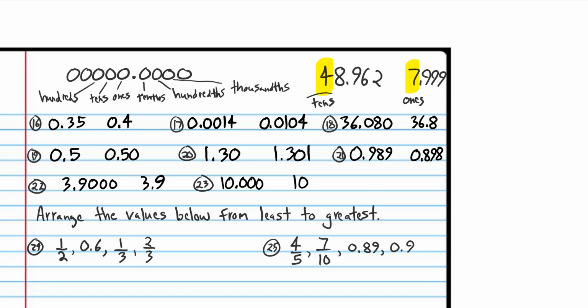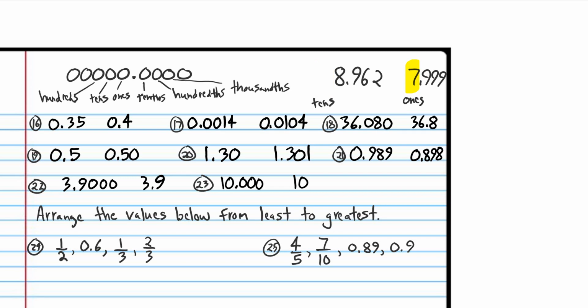So this place is a bigger place because tens are bigger than ones. If a number is farther to the left in its position, that means it's a bigger number. This is 40, but this is only 7 ones. So we know that this number is bigger. All right? So that's the first thing that you do, is figure out what, obviously 48 is bigger than 7, so that's pretty easy. The second thing that you have to do is, actually we're done with that problem, but